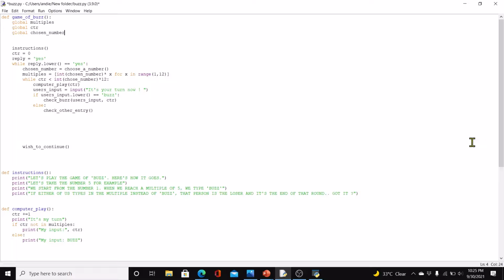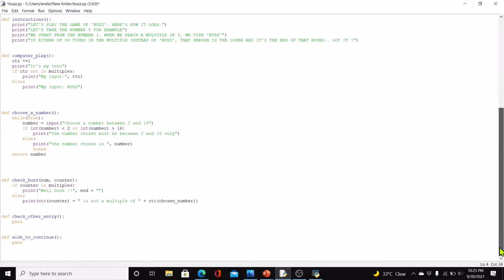Now we need to put in code for the next function. Which one is that? This one. When the user enters any other number. Now what do we need to check there? Here we check if, and of course remember there will be parameters here. So let's call it num entered. That will be the user input and our counter again. So now if int of num entered is equal to counter and int of num entered